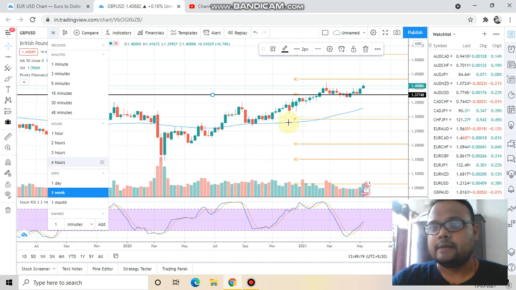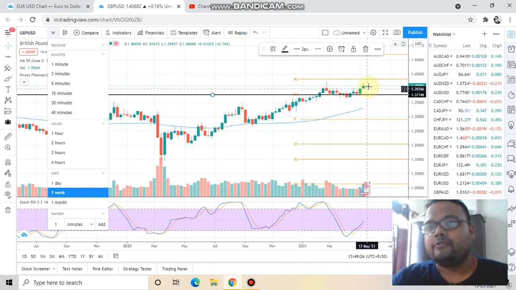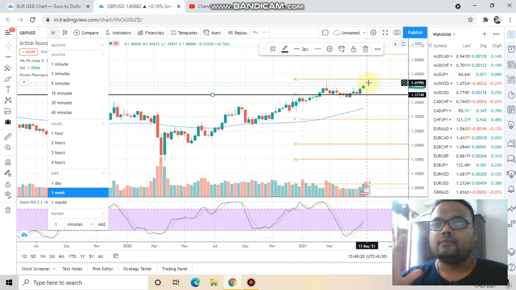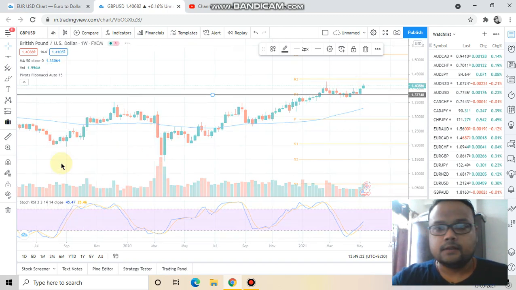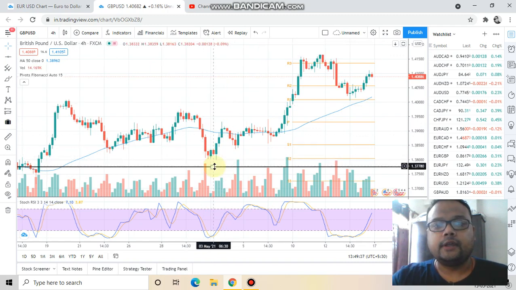Now let's switch to the 4 hours time frame, because apart from this support level there is not much available on the weekly chart. See, market tried to go up, faced some price rejection from above, previous week, from the green candle. So this is the level I was talking about in the weekly time frame.